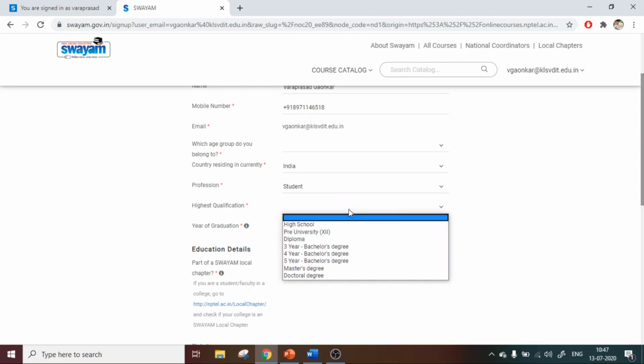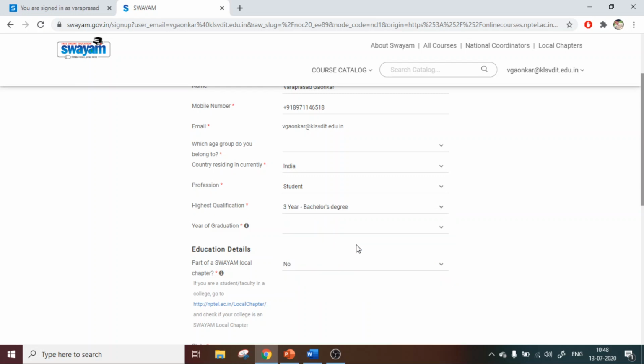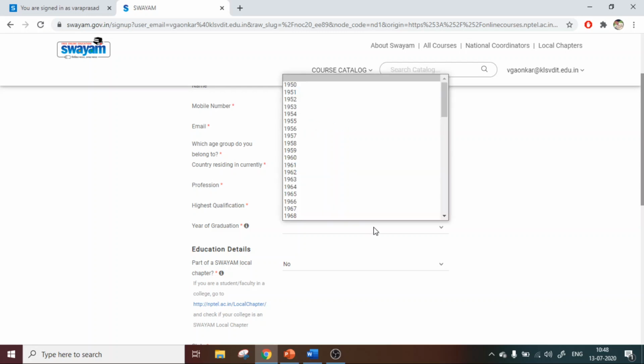In highest qualification, if you are in third year of bachelor degree, select third year. If you are in 7th or 8th semester, select fourth year. If you are in 5th or 6th semester, select third year of bachelor's degree. Then year of graduation. If you are in 6th to 7th semester, the graduation year will be 21.